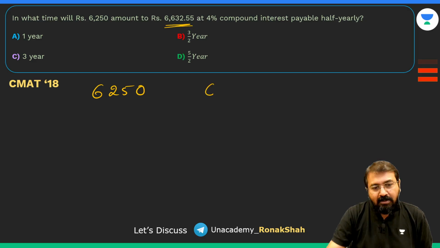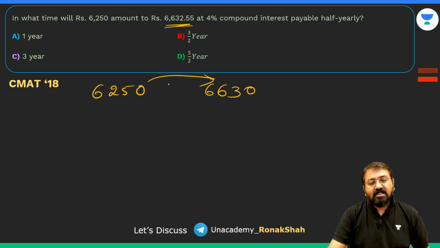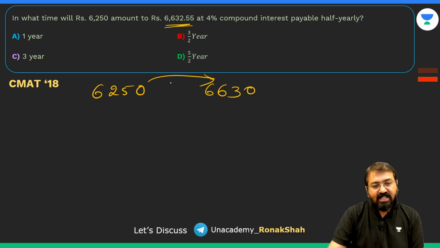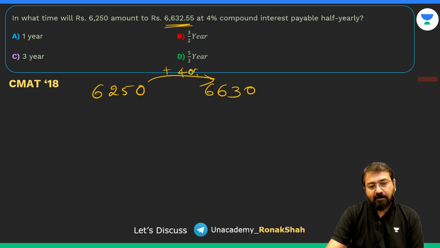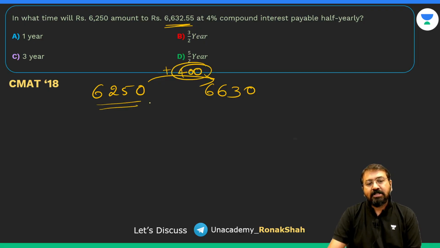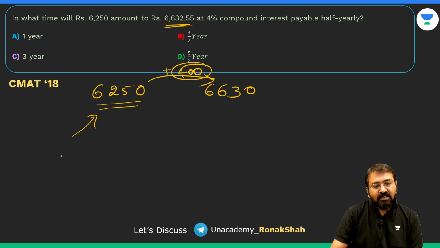6632.55, मैं इसको 6640 पकड़ लेता हूँ, ठीक है, या 6630 पकड़ लो। तो ये आपका इंटरेस्ट कितना इसमें ऐड हो रहा है, कहने से अप्रोक्सीमेटली आपका 400 रुपए जितना इंटरेस्ट ऐड हो रहा है। वैसे तो 380 रुपए का इंटरेस्ट ऐड हो रहा है, do you agree with this. तो मैं 400 रुपए पकड़ लेता हूँ just for sake of simplicity, है ना।